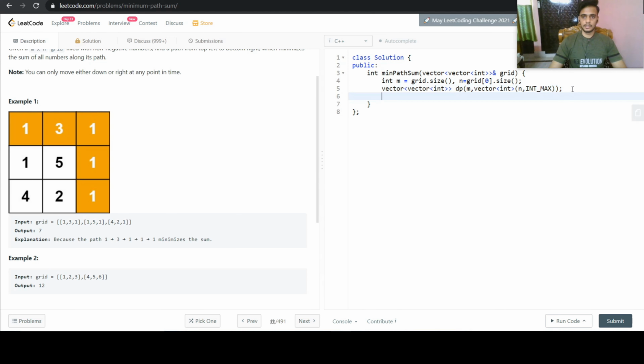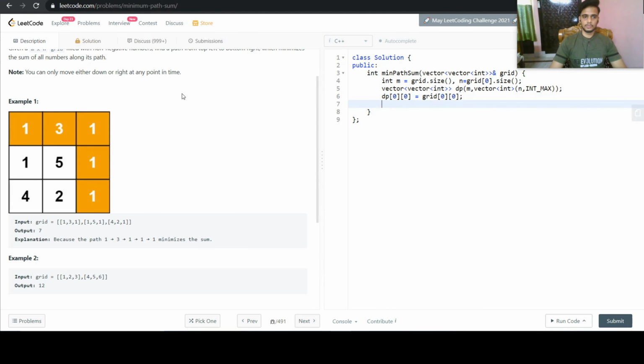That's it. Now let us assign dp of 0 0 as the value inside grid of 0 0. Since we are already here, we have already encountered one cost to reach this 0 0 index. So that will be stored in our dp of index 0 0.